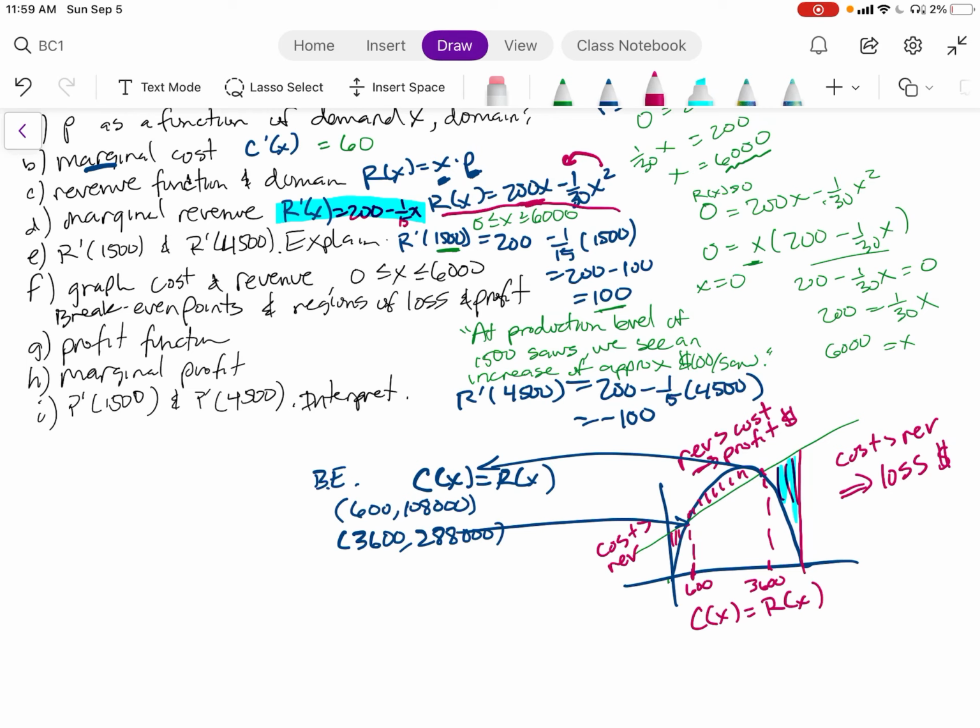Okay. Moving on. G, we want the profit function. Profit, remember, is revenue take away the cost. And it could be negative if cost is greater. So we have both of those functions. So the revenue is 200x minus 1/30th x squared. Subtract, that's the revenue function. Subtract the cost function,